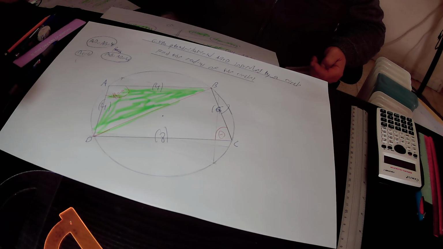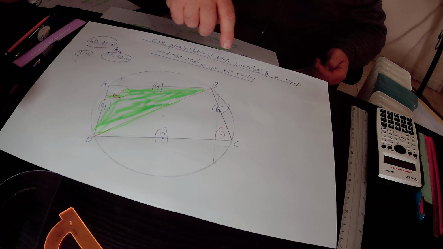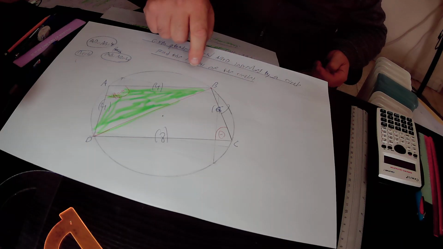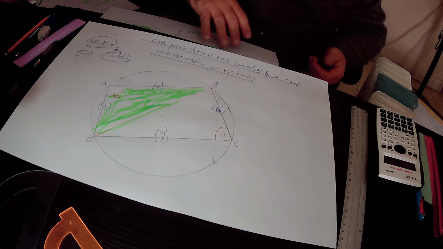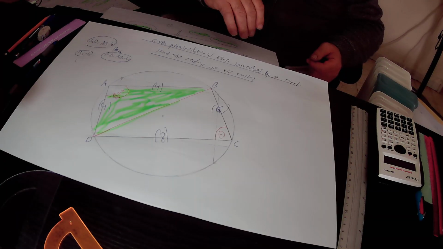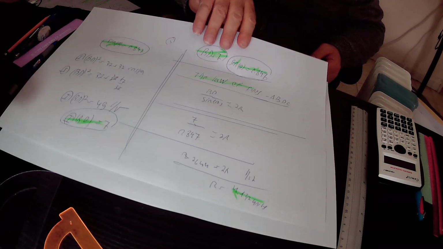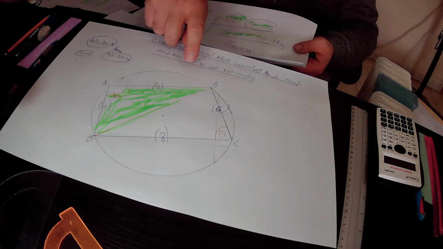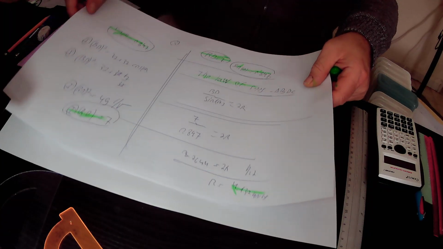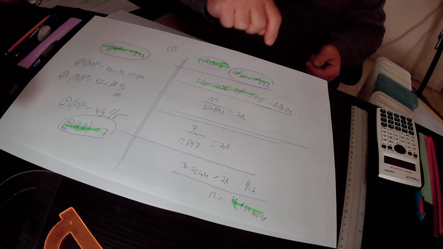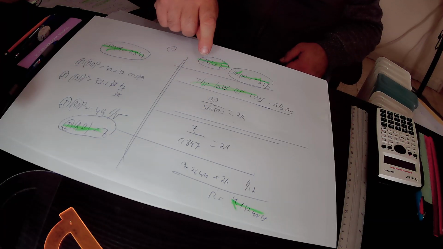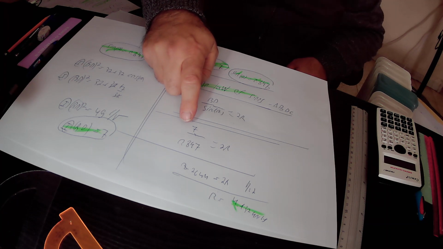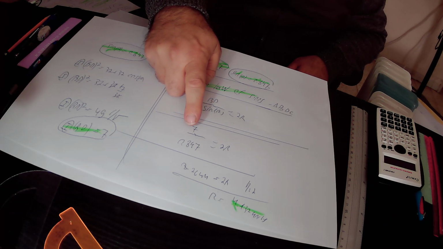According to the law of sines, in this triangle BCD, the following equation is true: BD over sin theta equals 2R, and R is the radius of the circle that circumscribes triangle ABC. It is also the radius that we are looking for in this question. BD is 7, sin theta is 0.847, equals 2R. 7 over 0.847 is equal to